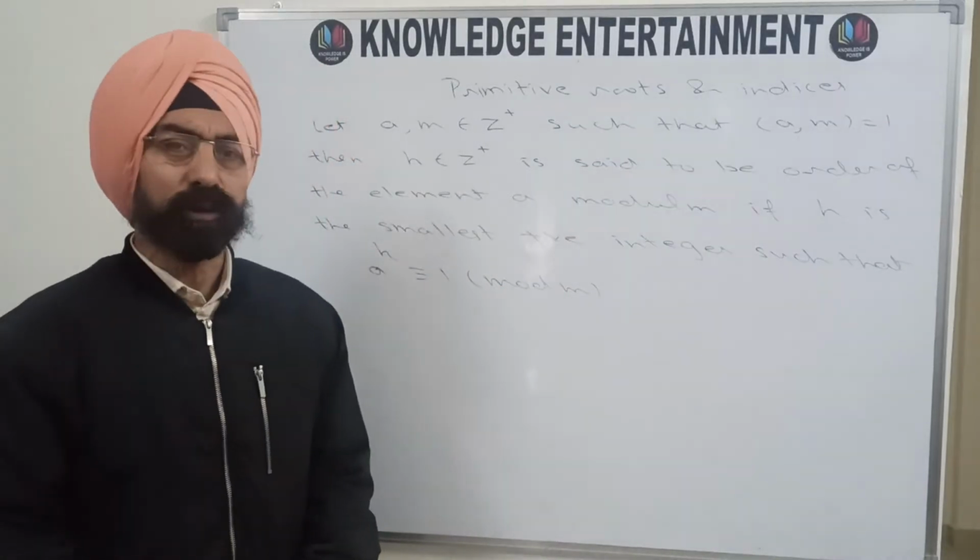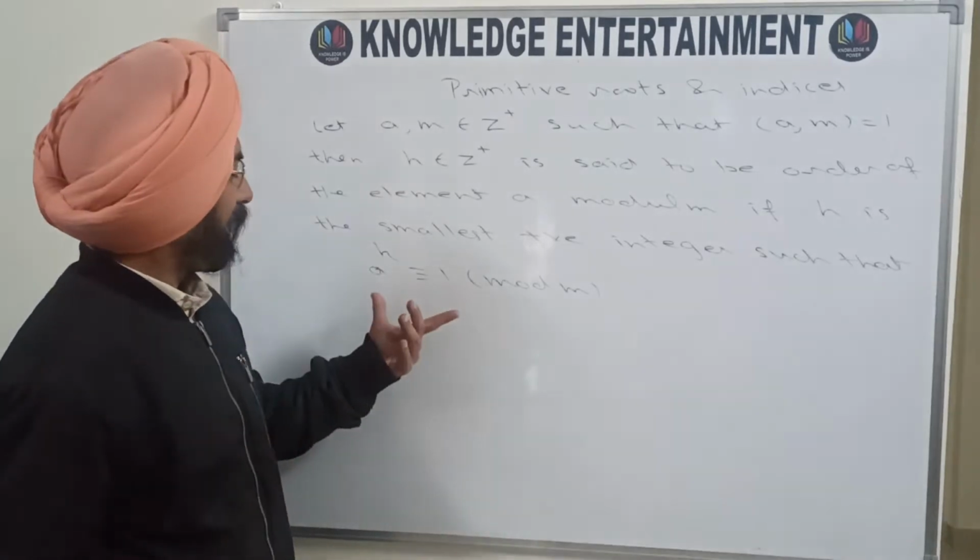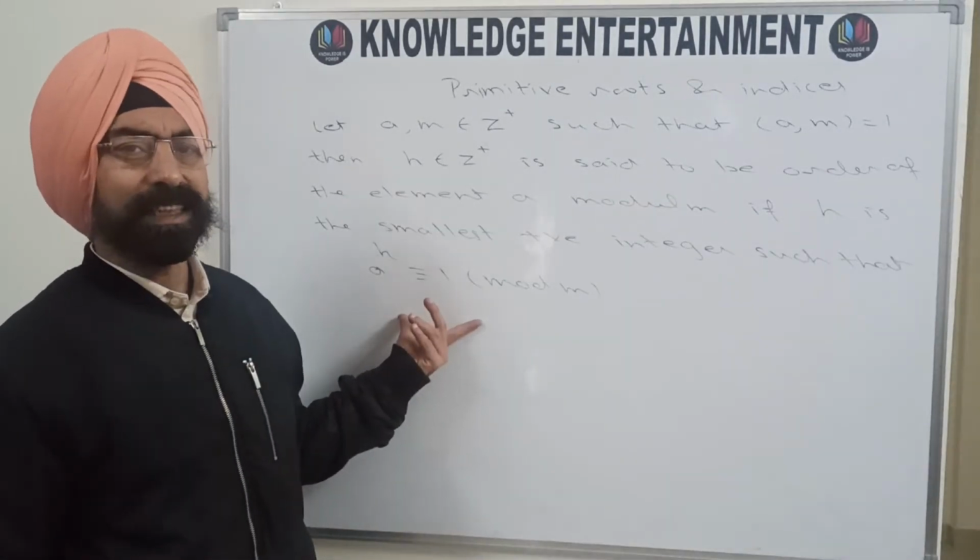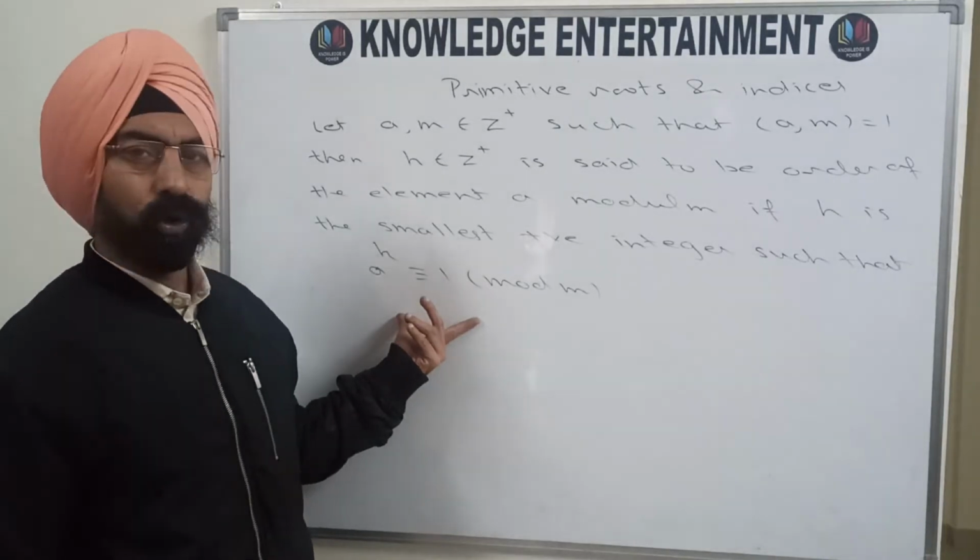If h is the smallest positive integer satisfying this condition, then h is said to be order of a modulo m,